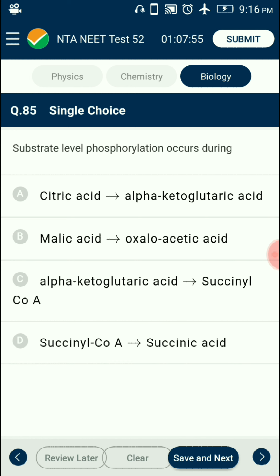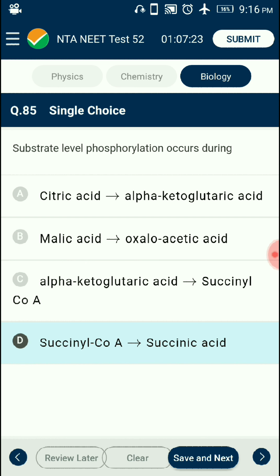In the TCA cycle, oxaloacetic acid along with water undergoes condensation to form citric acid in the presence of citrate synthase, which is then followed by its isomerization into isocitrate. This further undergoes decarboxylation twice to form alpha ketoglutaric acid, then succinyl CoA. Succinyl CoA then converted to succinic acid, and a molecule of GTP is released. This forms the substrate level of phosphorylation. So the answer is option D.